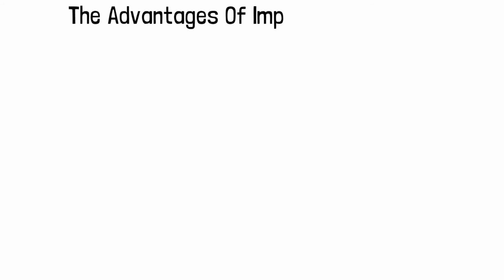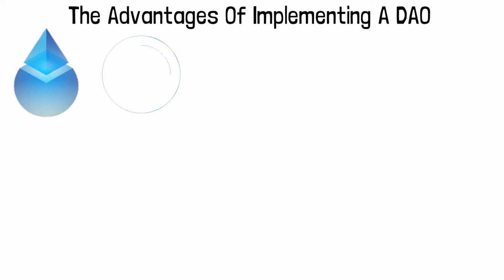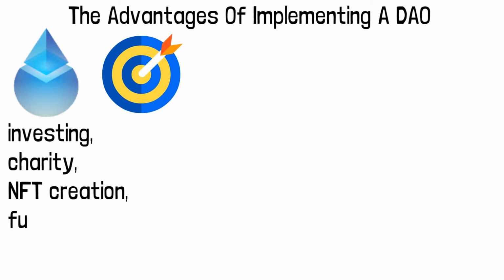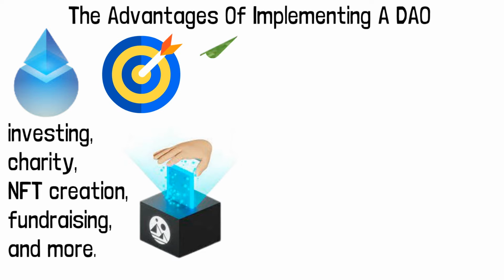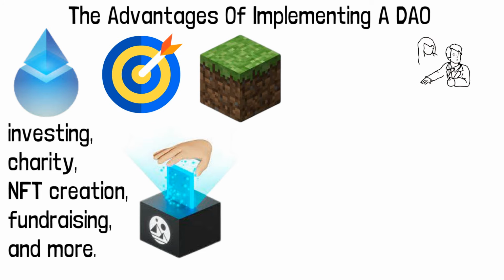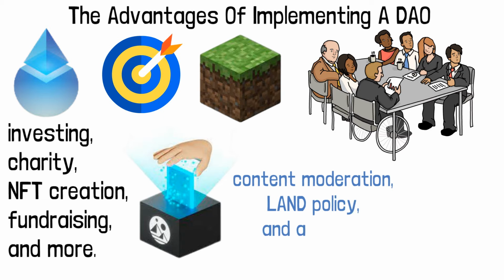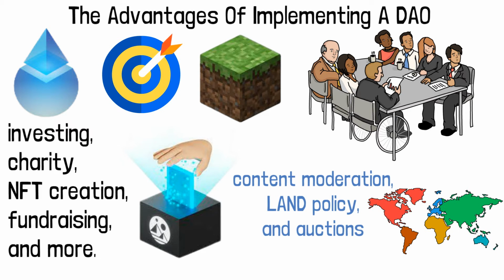The advantages of implementing a DAO. Currently, DAO crypto tokens serve a wide range of objectives, including investing, charity, NFT creation, fundraising, and more. For example, the decentralized DAO has a metaverse-based decentralized city planning committee that makes decisions about content moderation, land policy, and auctions. DAOs and their native tokens have some advantages in the real world, including